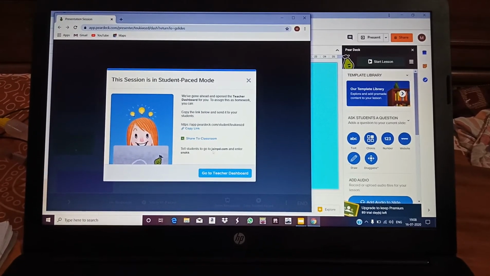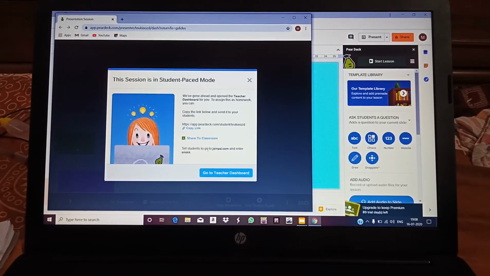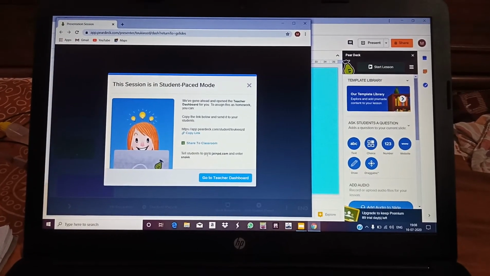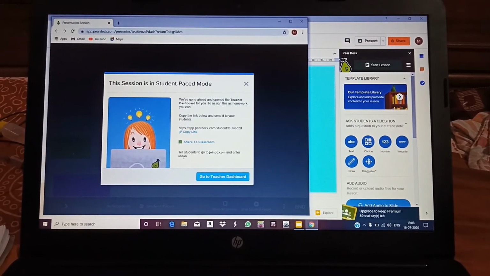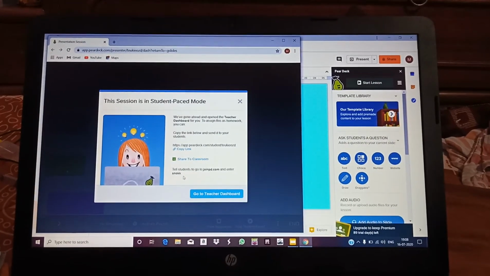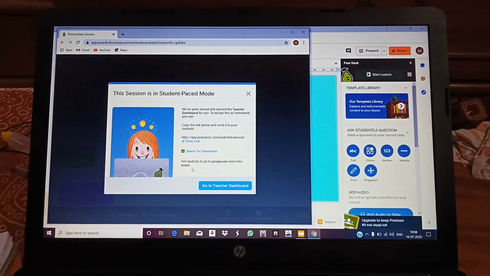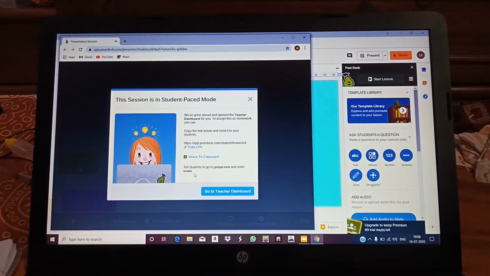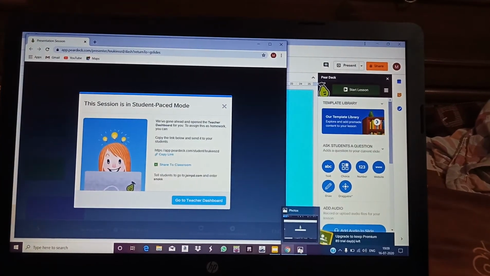First they will type joinpd.com, then a page will come. I will show you that page. A page will come where it will ask for a code. What will you do? You will just type that code on that space. Okay, so I have noted down. Let me note down. SNOKK is the code and joinpd.com is the site. So I will show you what that page looks like.